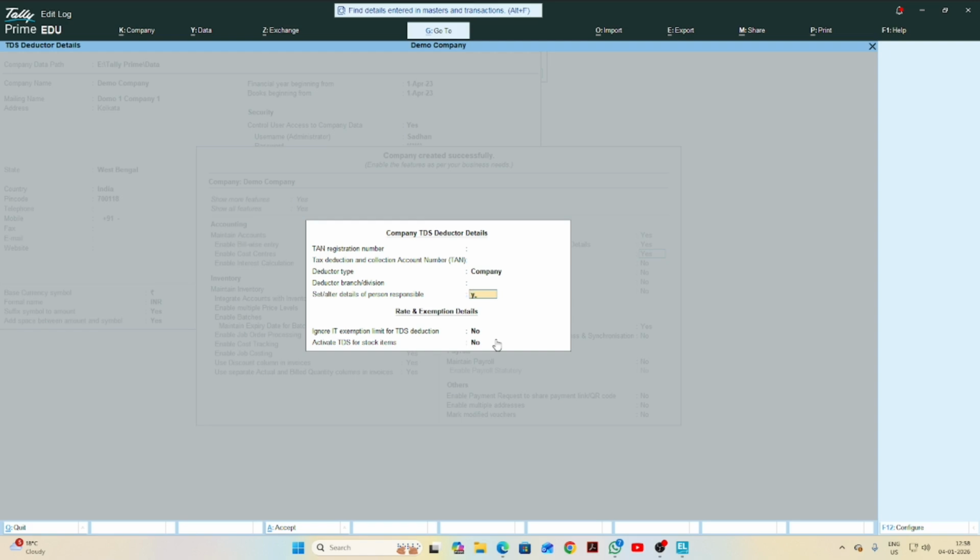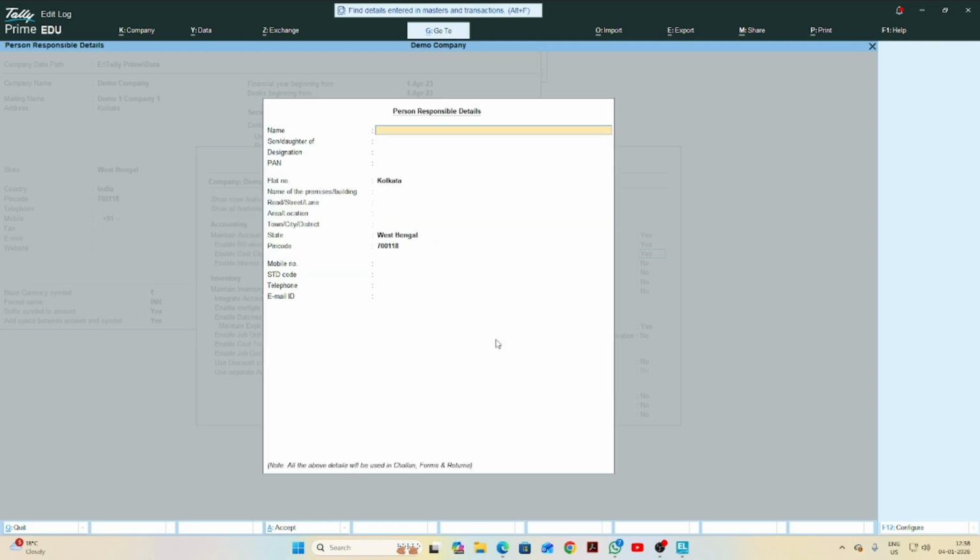Who is responsible for deducting this, his or her name, father's name, designation, PAN number, etc., flat number, all details of his or her are to be put here, and mobile number, STD, telephone number, email ID, everything to be